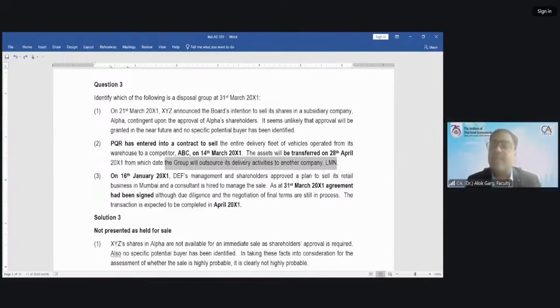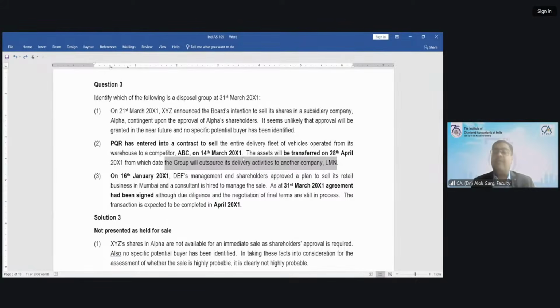The sale is likely to be concluded within 1 year. And here PQR is saying that ABC, please do one thing. Allow me 1 month and 14 days, and after that, on 20th April, I will transfer all these vehicles in your name. Because I have to apply for the transfer papers also, and it will take around 30-40 days, and I'll also settle down. So allow me 45 days. After 45 days, I will transfer these vehicles in your name. Okay, so PQR will transfer in 45 days only, right?